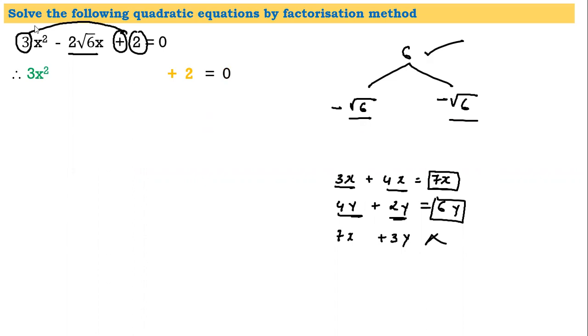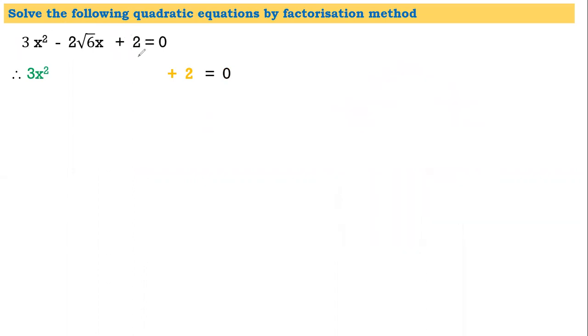I'll just clear the things I've written because I will need the entire slide to explain the common factor and everything. Now this minus 2 root 6 can be written as minus root 6x and minus root 6x as discussed. Now to find the common factor, students, it could be another task. So let us make a pair of two, the pair of first two and the pair of last two. So we have made the groups. Before that, let us break everything.